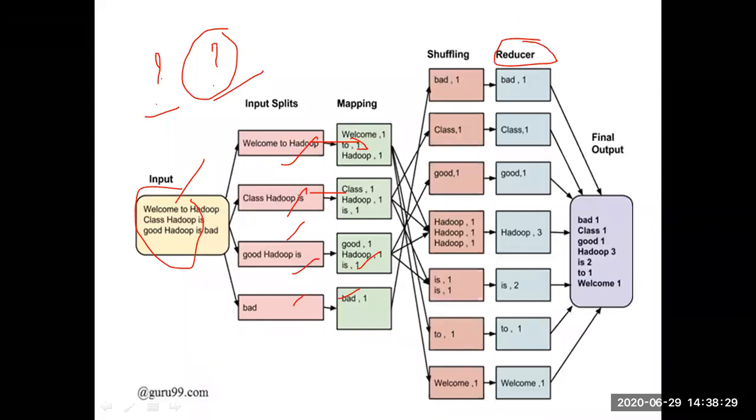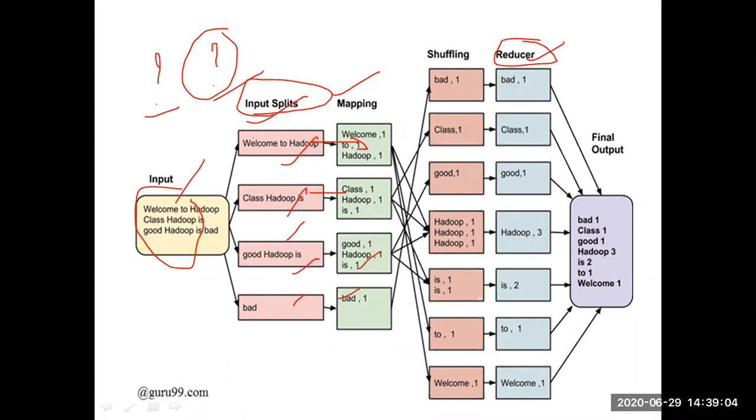The number of mappers will depend on the number of input splits. If you want, we can increase the number of reducers. Reducing is also costly. You can use only one reducer, but the number of mappers depends on the number of input splits. Those are the two important points to remember here. Is it clear, guys? How many mappers depends on how many input splits. The number of reducers is generally one only by default.